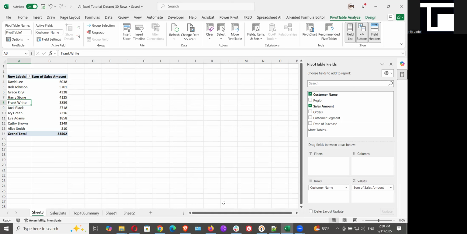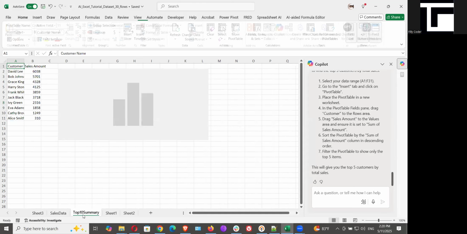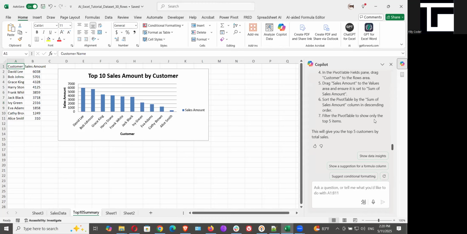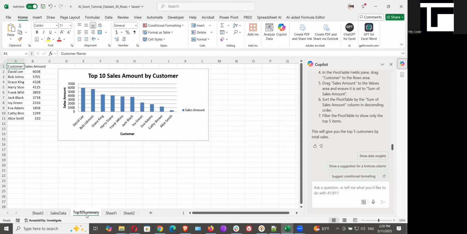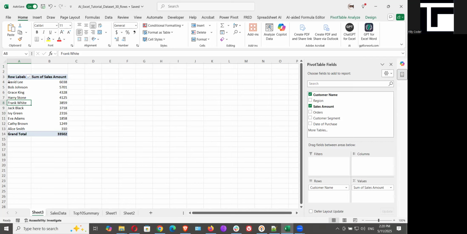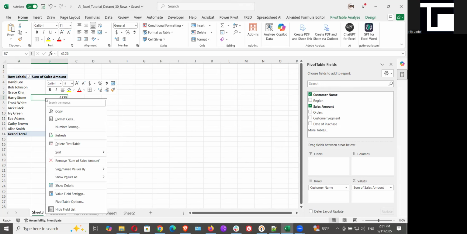I can also filter the pivot table to show only the top five items. So if I go back here to sheet three, okay, I can filter this to show only the top five. Obviously, I have various options. I can use, let's see here. I can right click here and